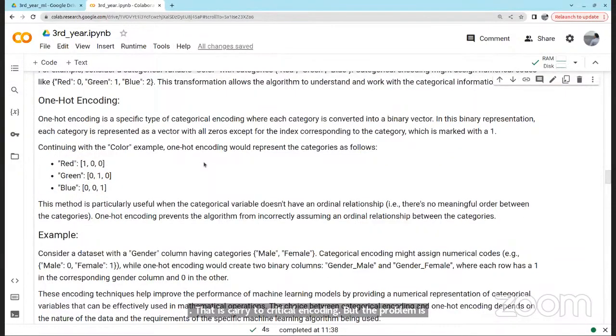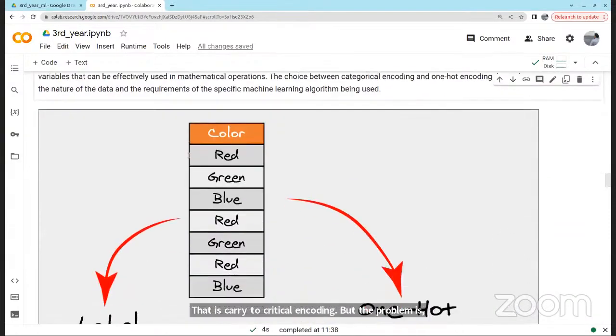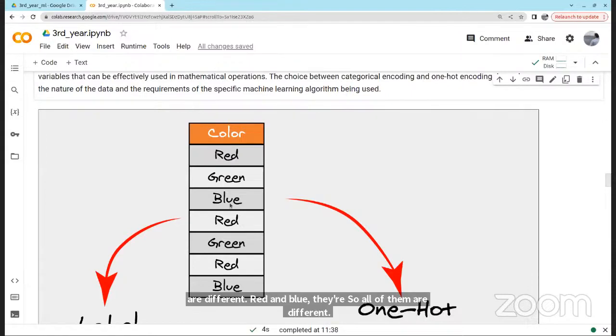for example, these three are colors only, right? So there is no relationship between them. Blue and green, they are different. Red and green, they are different. Red and blue, they are different. So all of them are different. There is no relation, like green is close to blue, or red is close to blue, or green is more close to blue compared to red.